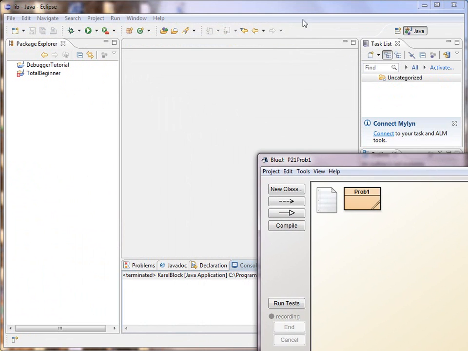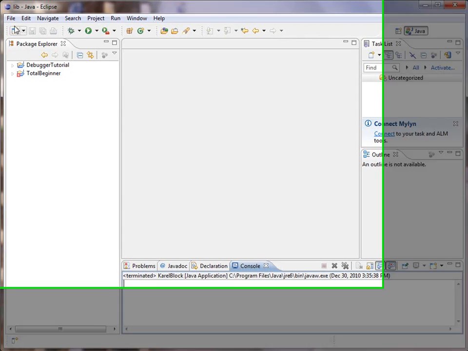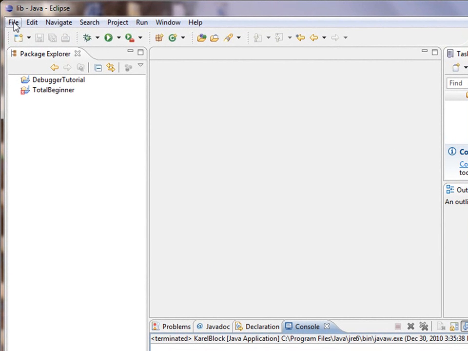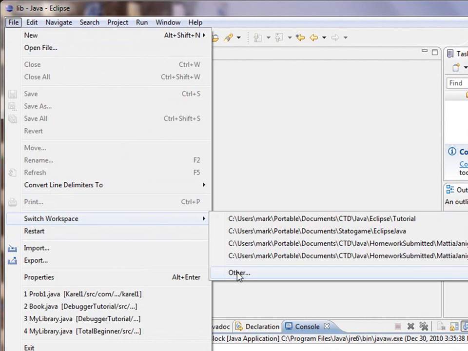Okay, let's move this aside for the moment and look at what we have in Eclipse. Now, I showed you how to set up Eclipse in a separate video, and you will recall that you have to choose a workspace. Now, a workspace is just a directory where all your current projects are kept. There's no show workspace command, but you can do that indirectly by starting the process of switching to a new workspace. And we'll click File, Switch Workspace, Other,